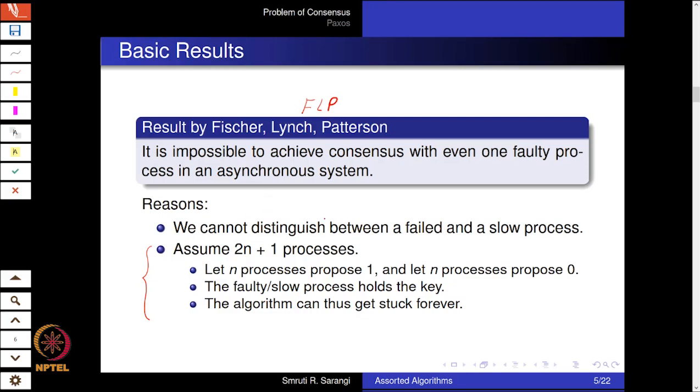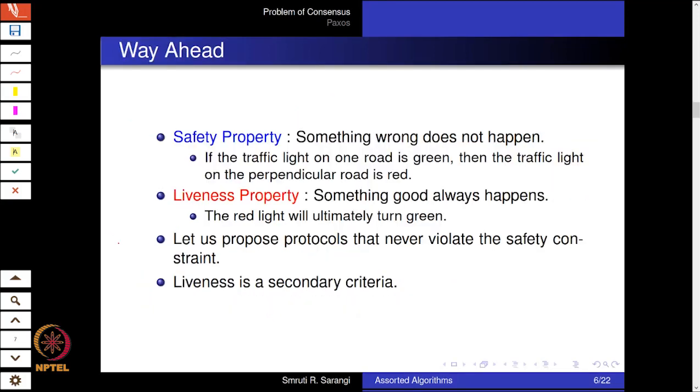So now the choices in front of us are reasonably stark. We know that because of the FLP result, we cannot devise a consensus algorithm where even one process is faulty. But faults are a part of the real world. So should we then abandon our efforts? Well, the answer is no. Instead, we look at what exactly we want. We need to prioritize. When we know that we can't get all of it, at least we should be happy if we get some of it. So what is that?